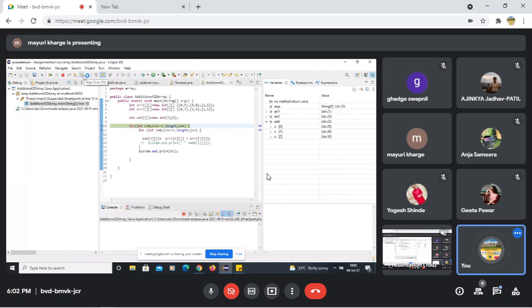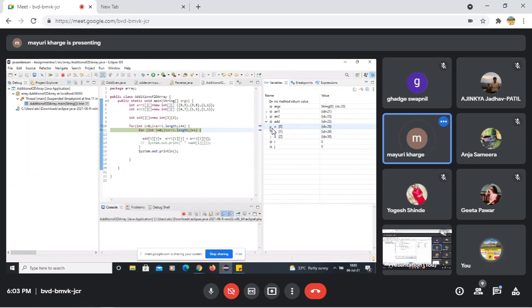Now come step over. Now if you see, i value 0, 0. So it will add 9 plus 4. Click this. 13. So 13 will be, can you open the array? From the right side, add array, index 0. Yes, this one. So if you see 13 came, which is correct.